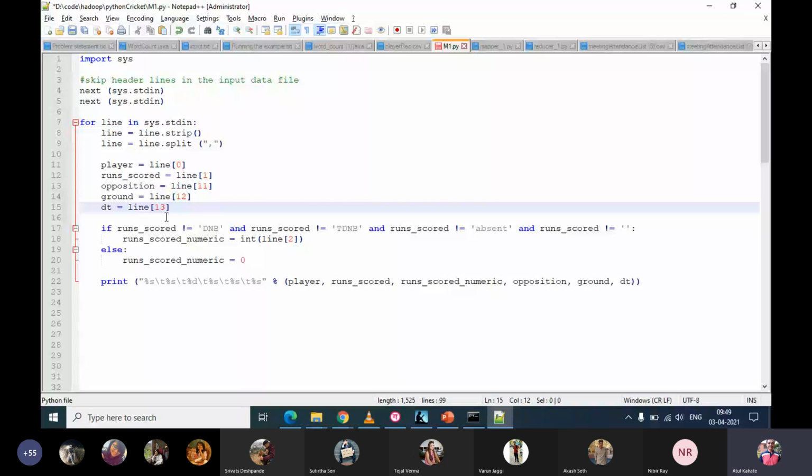And this is how we only pass on the records of our interest to the reducer code. In this case, the reducer code actually turns out to be simpler than the mapper code, which is a unique case, because usually the mapper code simply passes on everything to the reducer.